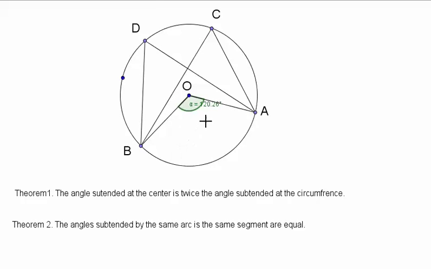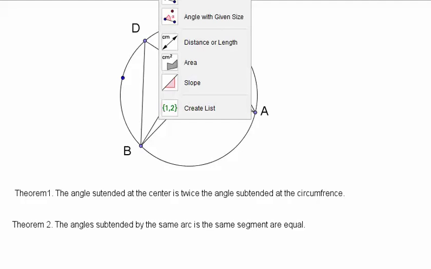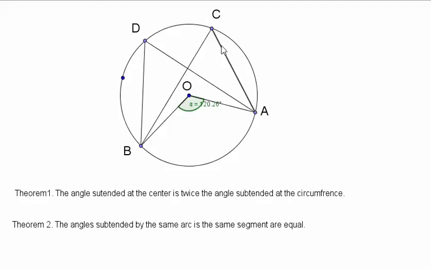So that measures 120 degrees and 26, I think, minutes. Now let us measure the angles subtended at the circumference from AB. That would be the angle at C and this angle at D. So let us check out those two angles to see if that's true. That angle is 60-13,